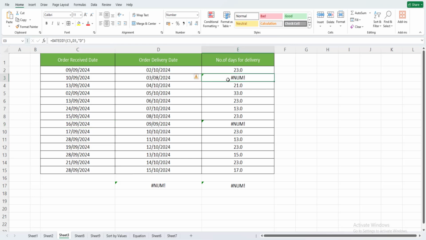Also here we have the same problem. So here we don't have the problem because the order receive date is before the order delivery date. So to make sure that you don't encounter this #NAME error, you have to make sure that you are providing the correct inputs to the functions that you are